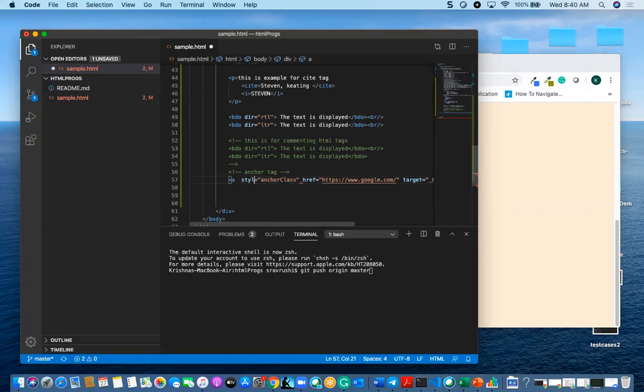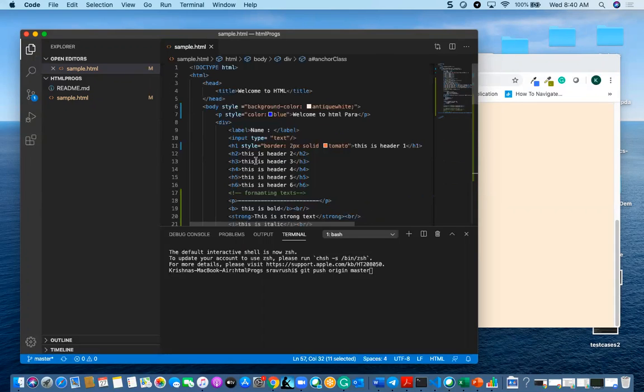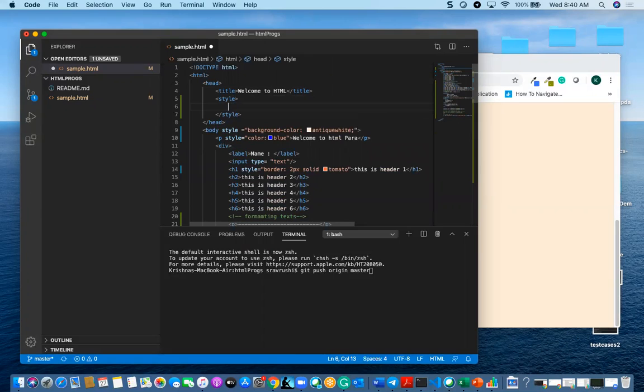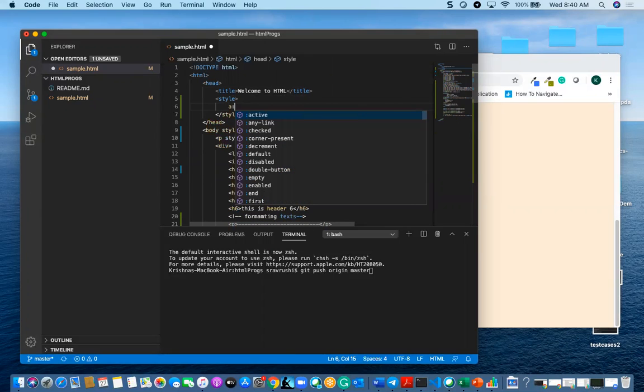Let us give this as some ID. So this anchor class, whatever I have, I am going to make it as one style here, and it's like a colon some link.